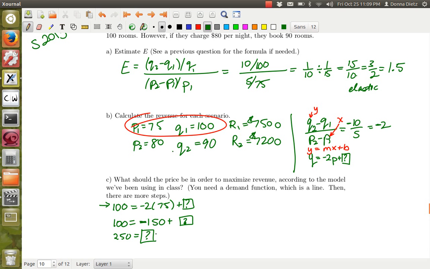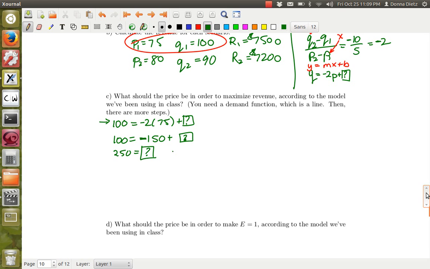And if I run into nonsense, I should go check for clerical errors, because clerical errors are all over the place, just waiting to happen. Q equals minus 2p plus 250. And so something that you should be thinking about with this